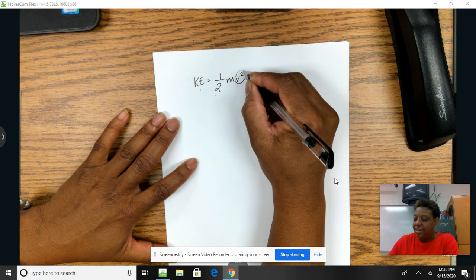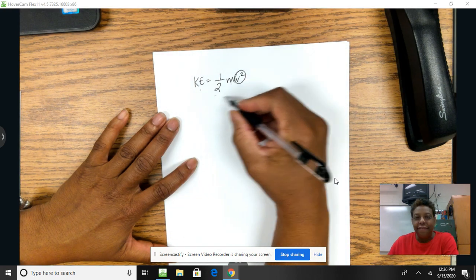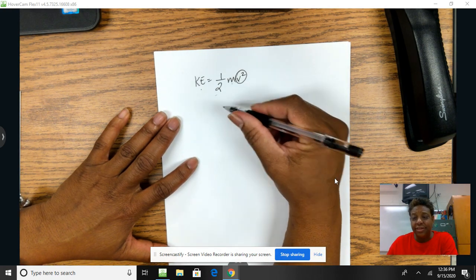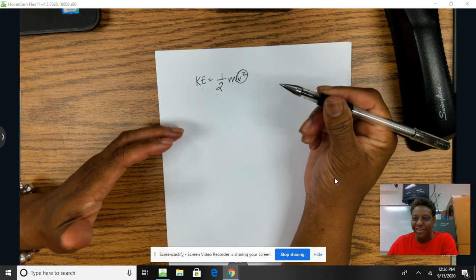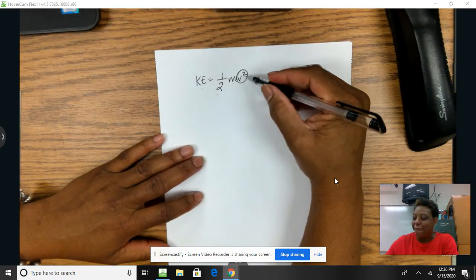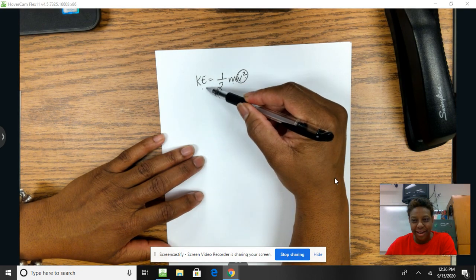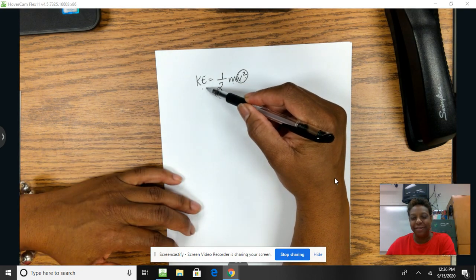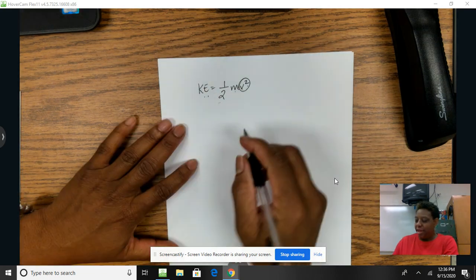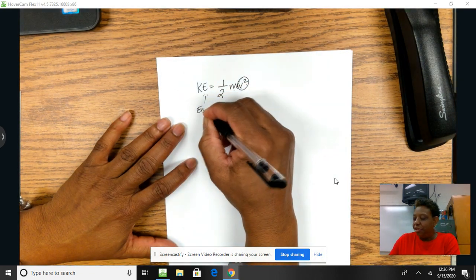And notice that that velocity is squared. So the definition of kinetic energy is the energy of motion, i.e., something has to be moving. And how fast it's moving dictates the amount of kinetic energy that we say it has. Okay. All right, so energy of motion,